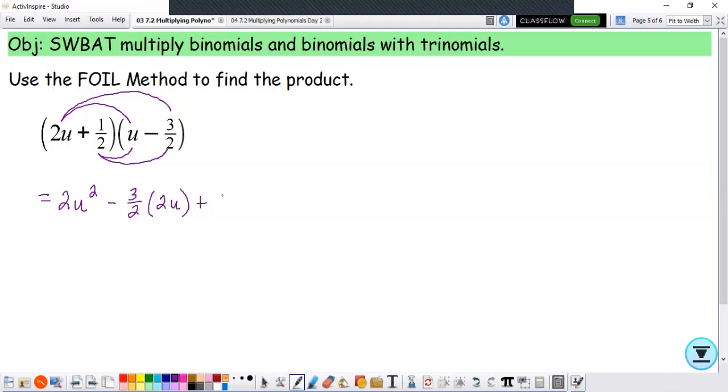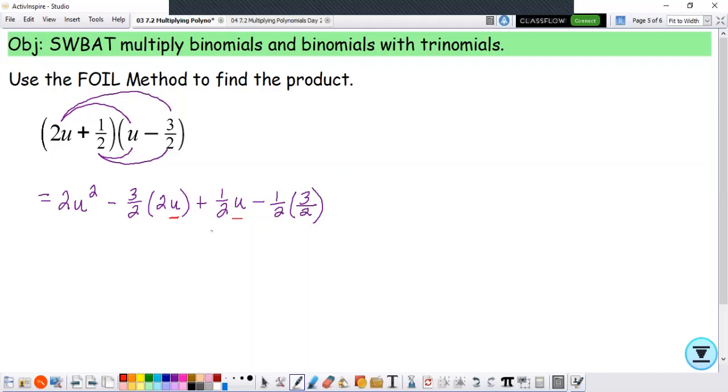plus 1/2 times u minus 1/2 times, oops, I don't need a negative since I wrote the negative already. So minus 1/2 times 3 halves. This just helps me see what I'm multiplying with my fractions. When you have a fraction times a whole number, remember you can take the numerator times the whole number and divide by the denominator. But I also am kind of looking ahead here,